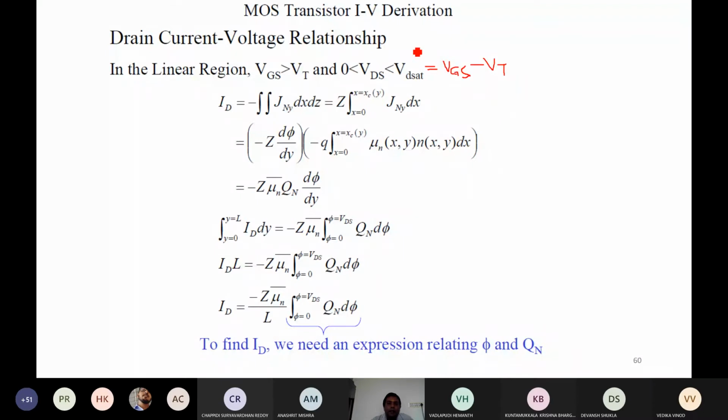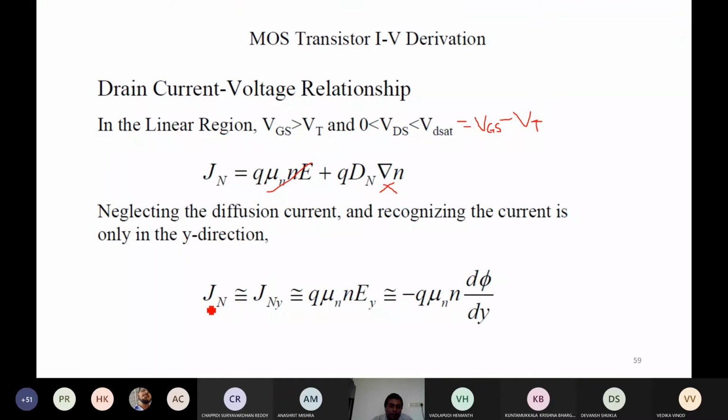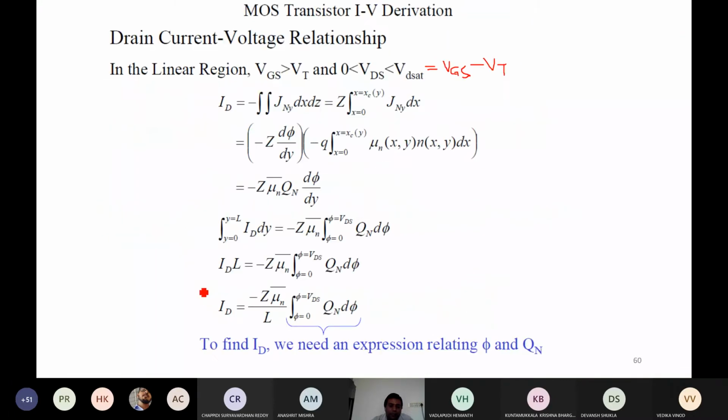So in that case, we are integrating this. We need to find the current. Initially, we have defined the current density. The current density should be multiplied by the area. The current is flowing along the y-axis, so the area of cross section will be given by the other two differential elements, dA equals dx into dz, because the current is flowing along the channel length, along the y-axis. So the small area element can be taken as dx into dz.